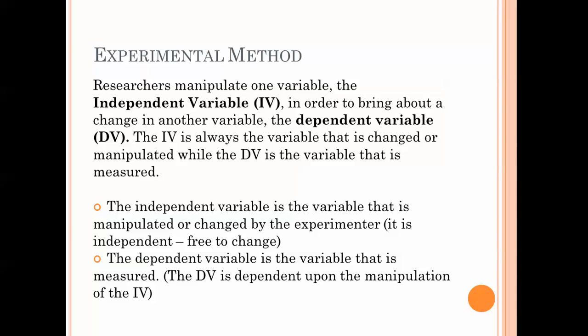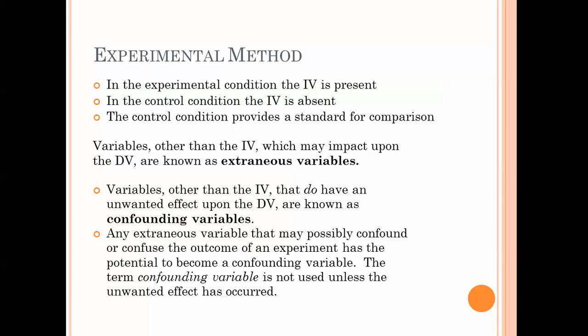Okay, once we've got an idea of our experiment and what the IV is and what the DV is, generally we expose the experimental group or experimental condition to the IV. So if we go back to lollies and IQ, the experimental group would have lollies present and the control group would have the IV absent, so no lollies. And basically you have the control group there to provide a comparison to see whether the lollies actually make a